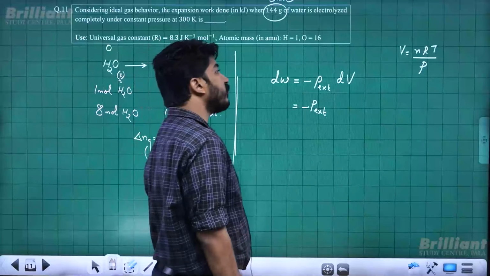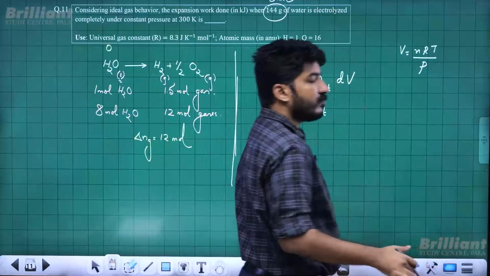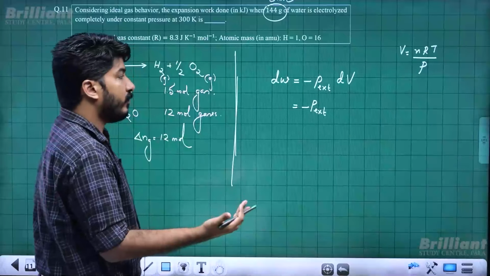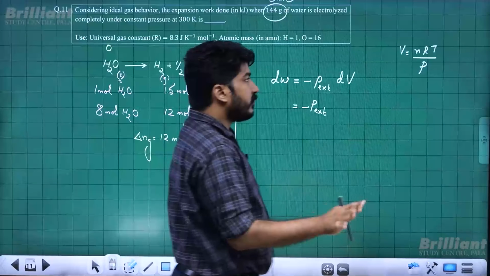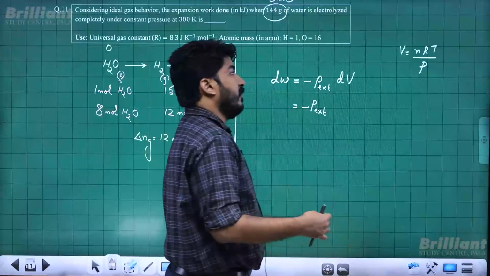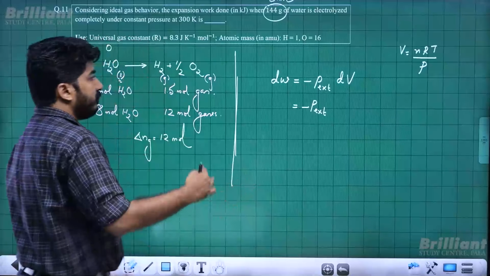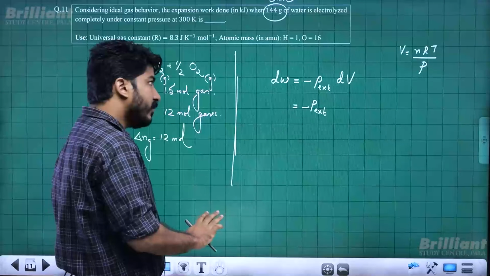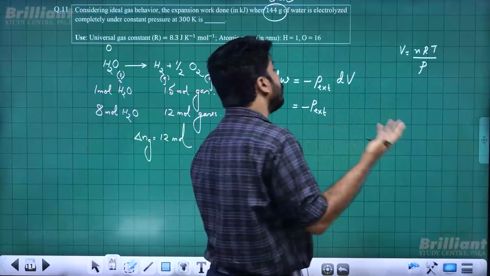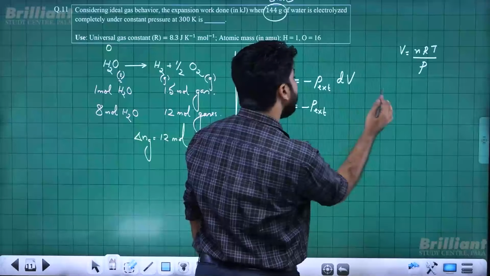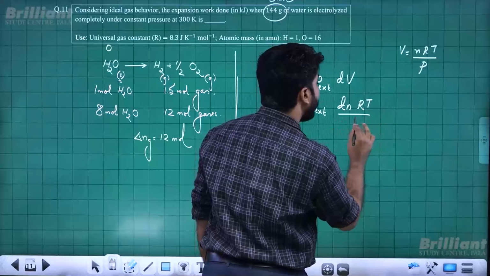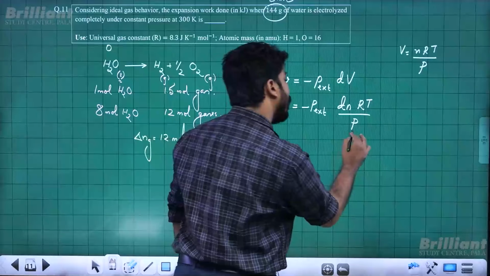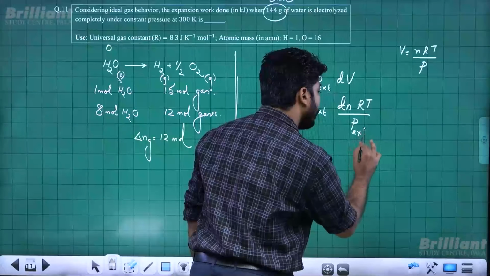Generally in our expansion process the number of moles of gas is not altered. We are taking a fixed amount of gas and just varying its pressure and volume. Here something else happens. This is a part of a reaction. So pressure is kept constant and volume is changing due to number of moles variation. So dV we can rewrite like dN RT by P, where RT and P are constants, they are not varying,